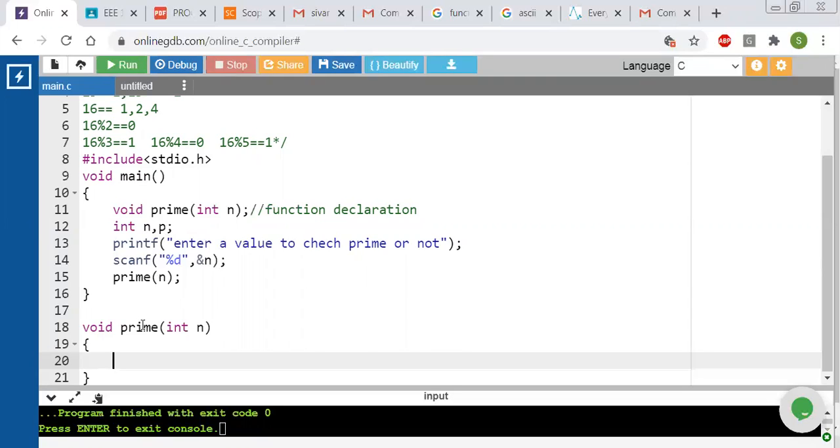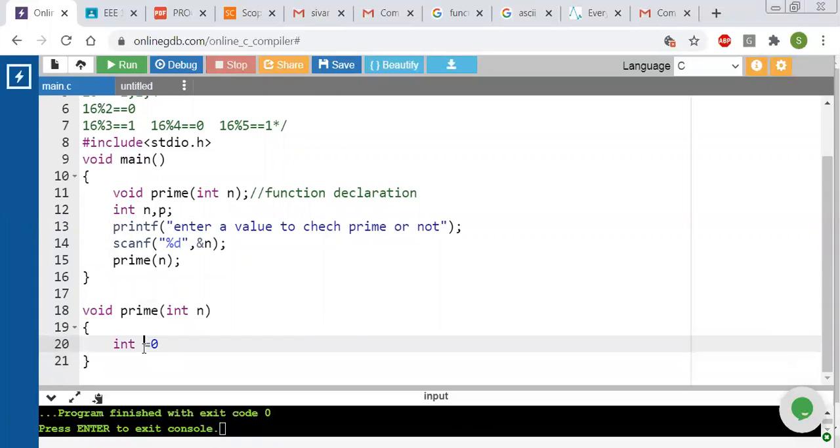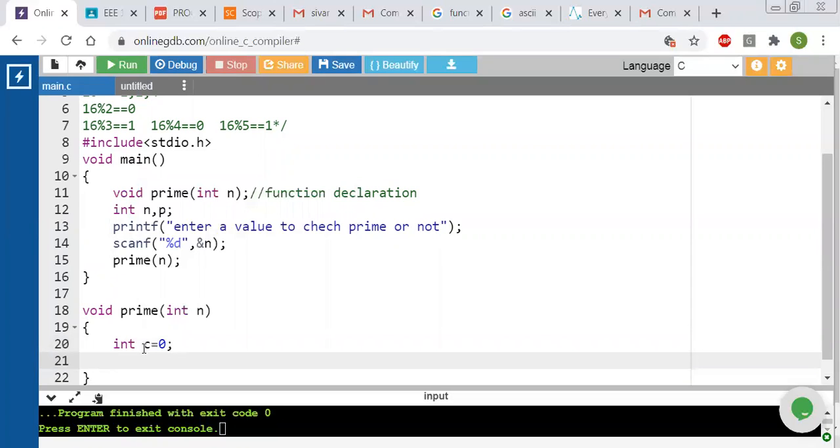First, we have to verify whether it is prime or not. We have to find the count value. For that I'm taking a variable called c, c is equal to 0.